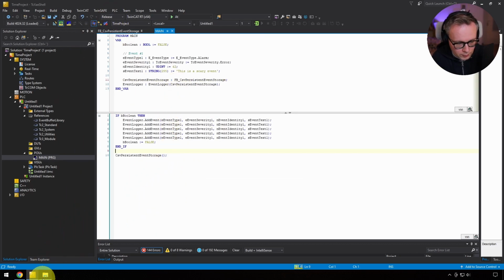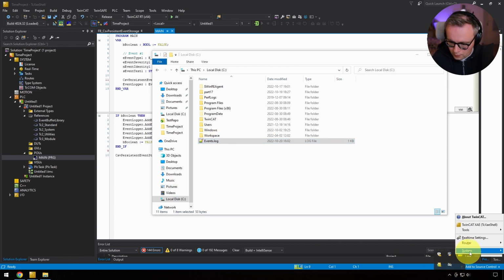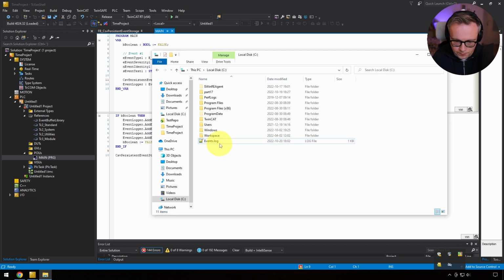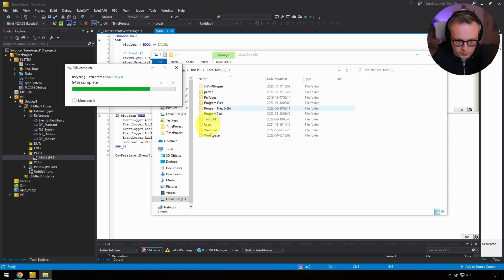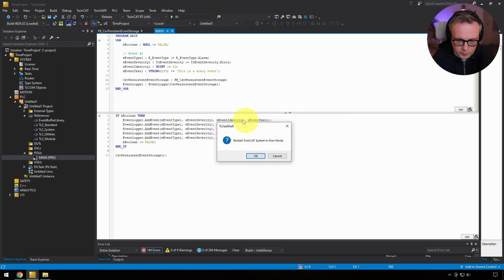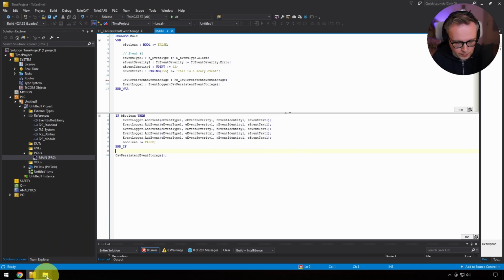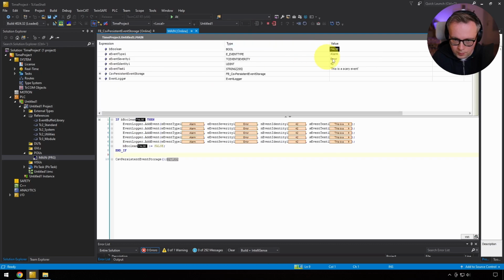We can verify that this is still working. Let's stop the runtime. Let's just delete this guy. Let's run it. I add 5 events. And I have to set this boolean to true.